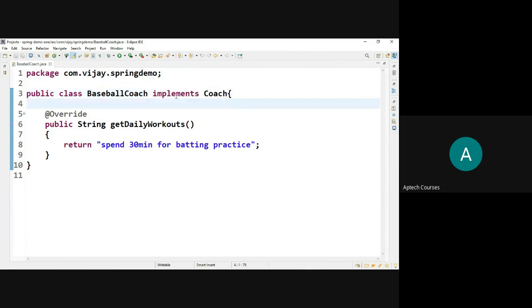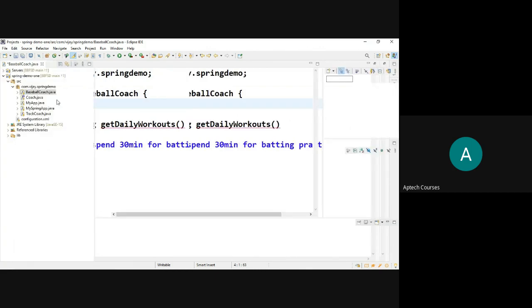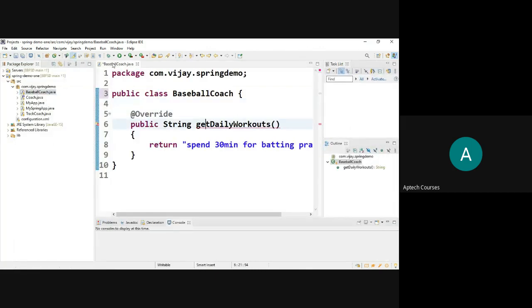We don't give implements Coach. Simply I'll give BaseballCoach. Now carefully observe what I'll do here. Let's delete some of the files here: TrackCoach, MySpring, and Coach. I'm deleting this. Later we'll